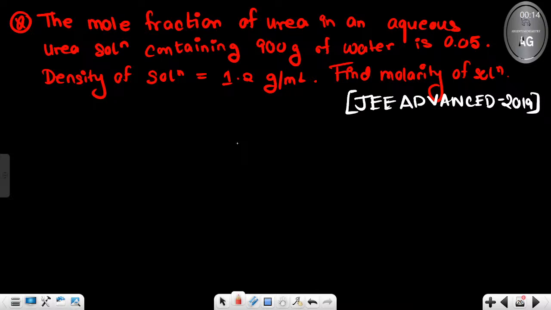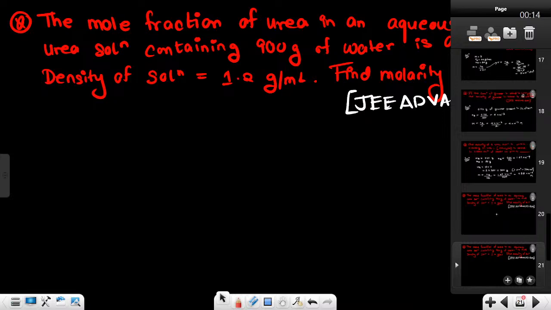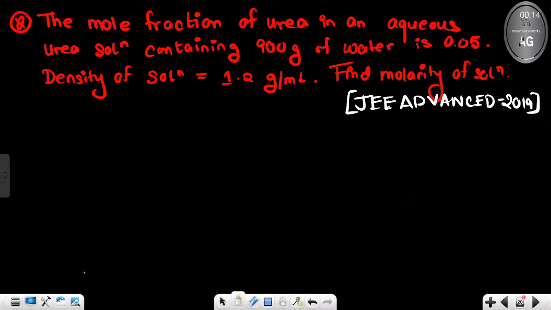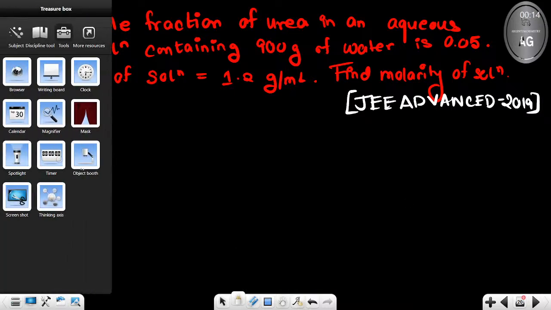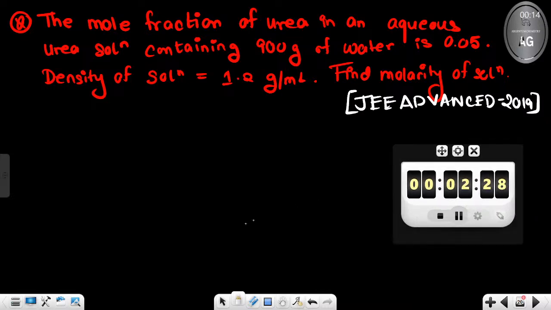Let's try out this question. আমার একটা পেজ লাগবে, একটা ক্লিক করব, কপি করব। I am giving you a bit more time for this because this will take a little bit of time. একটুখানি খরচা ক্যালকুলেশন, I am giving you 2.5 minutes for this. Just try. এই কোয়েশ্চেনটা একটু টাইম লাগবে।